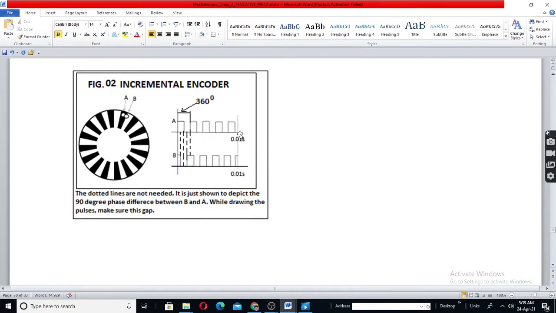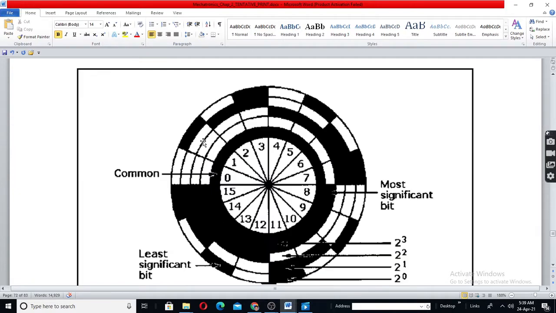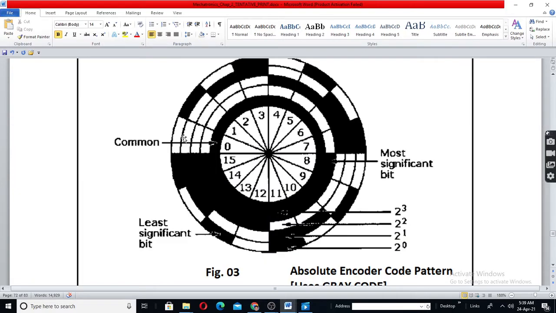Here also you will get code. Here the code is unique. This is 0 0 0 0. Okay, and this is 0 0 0 0, 0 0 0 1, 0 0 1 0,